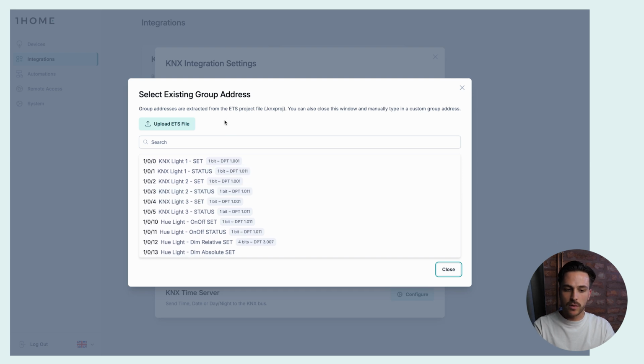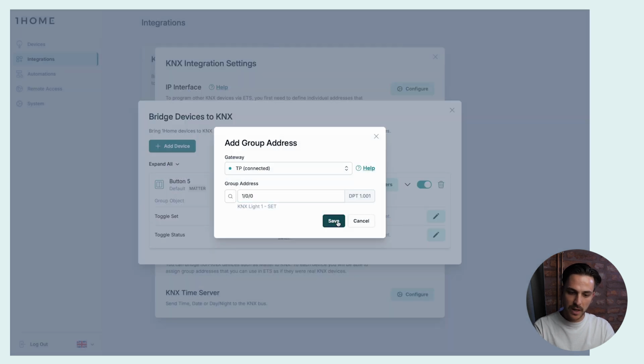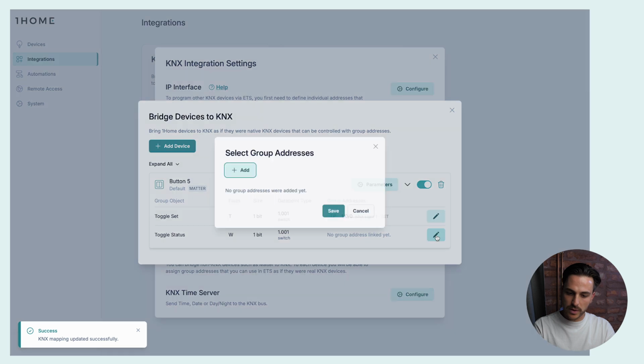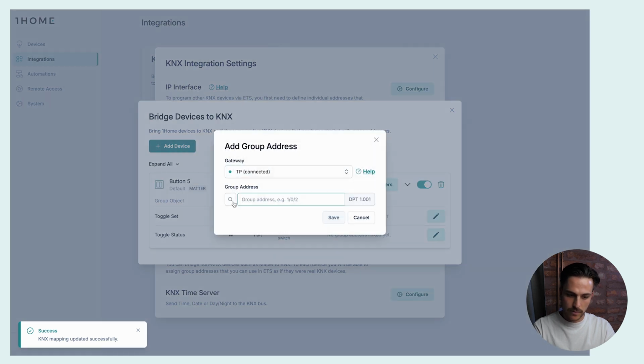But if you haven't done that yet, you can upload the ETS file and then all of the group addresses show up, and it's much easier for you to map these group addresses to your Matter devices. So for my example now, I can just click on the first group address, save it, and then do for the second one the same.